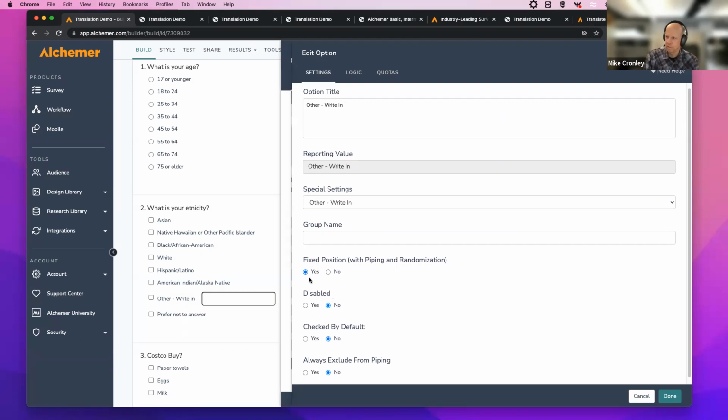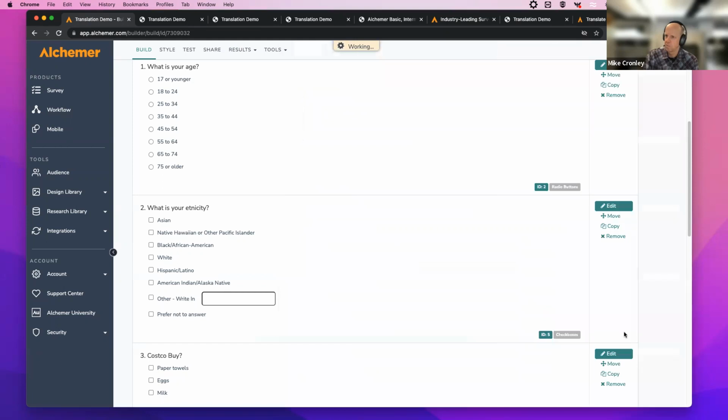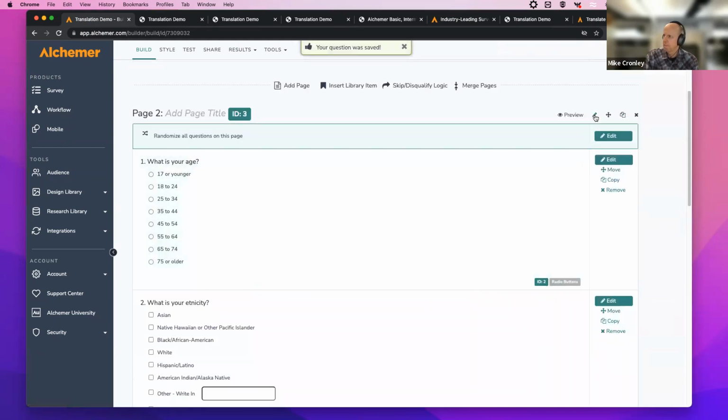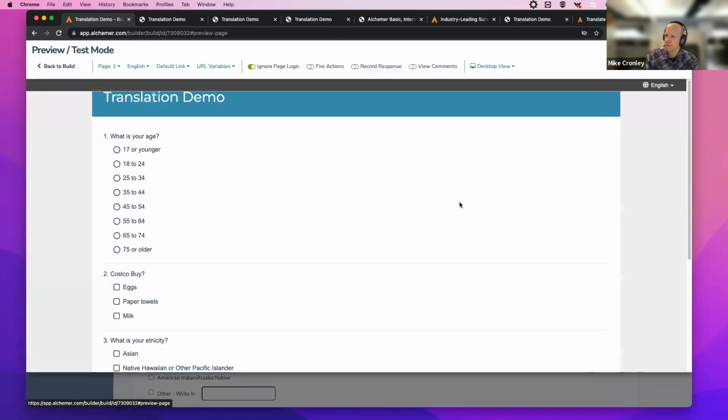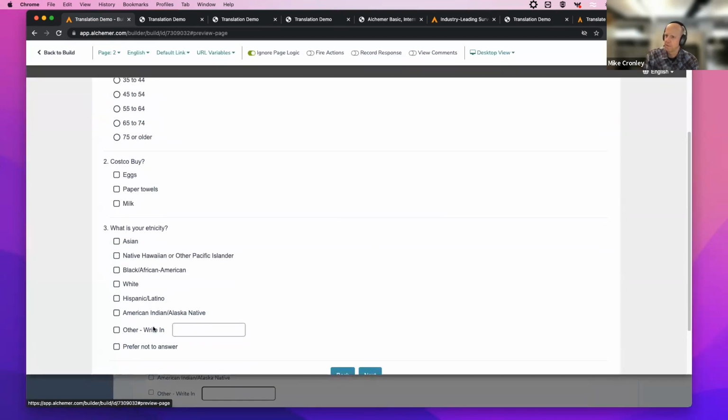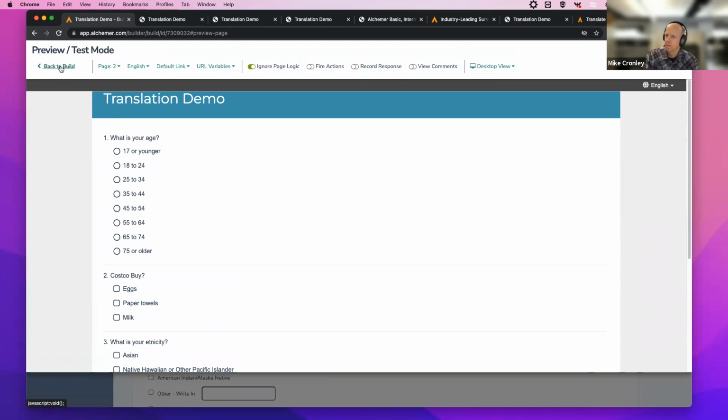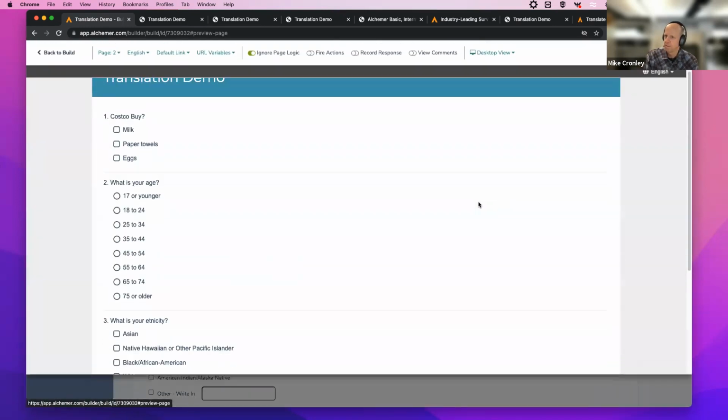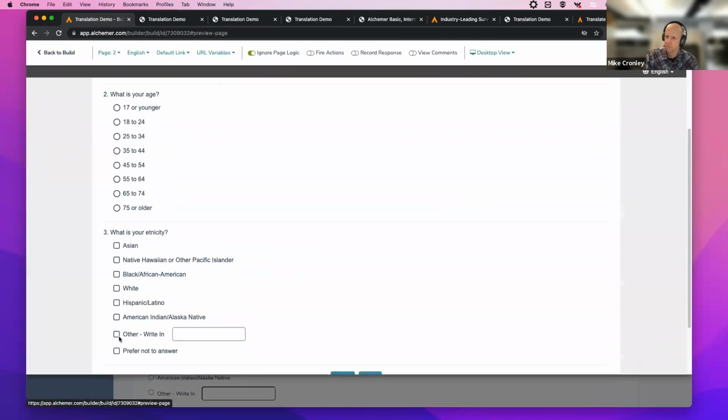I'm going to fix that position and then I'll save it. And then as we go through the survey, we'll see if it works. So other write-in stays there. And if I go through it again, it should be staying in that position. So I told it to be stuck there, at the bottom. So that's how you would set that up.